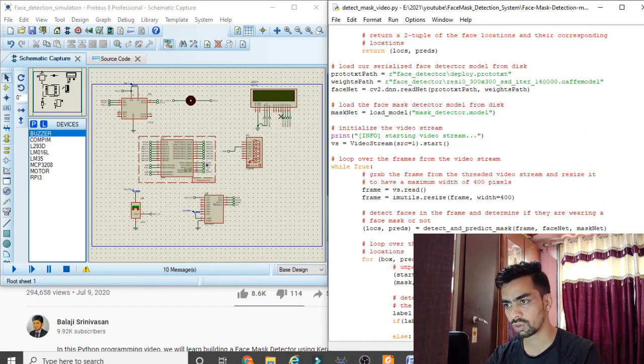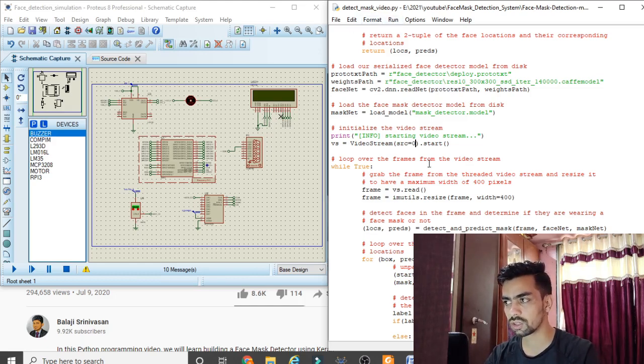In the Python code, one line is SRS equal to 1. This 1 and 0 means if I give 0 here, it will take the camera from your laptop, and if you add an extra camera, that is a USB camera, and you want to use it, you can give 1. I have given 0 for now. Now first you have to run this code.